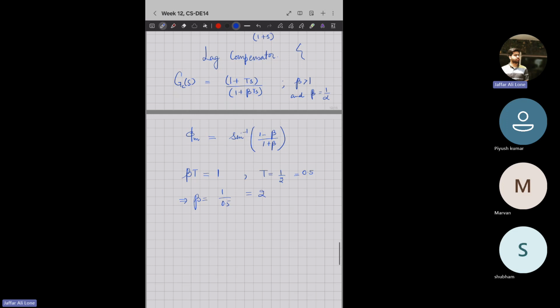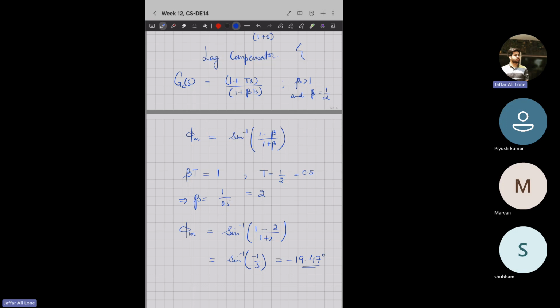So I got it. My phi m will be sine inverse of (1 minus beta) divided by (1 plus beta). Piyush has solved it correctly. So 1 minus 2 divided by 1 plus 2, which is equal to sine inverse of minus 1 by 3, which is equal to minus 19.47 degrees. So these are the type of questions that you will encounter